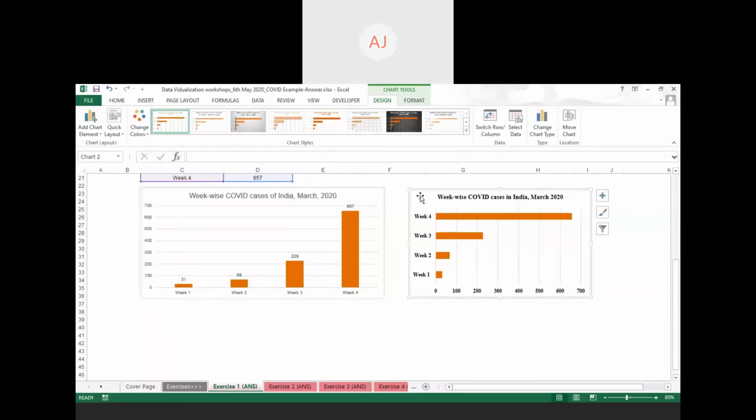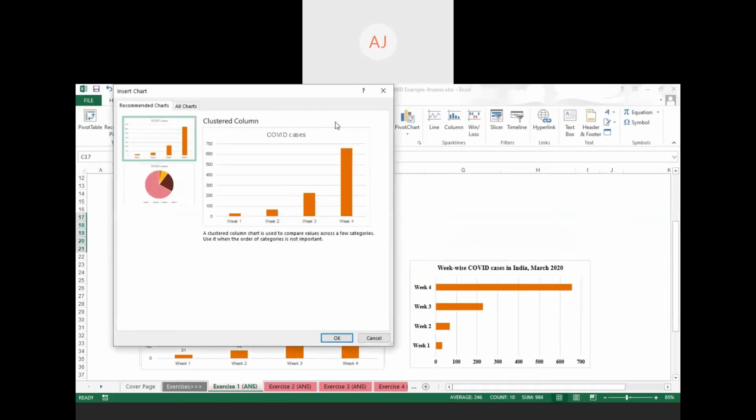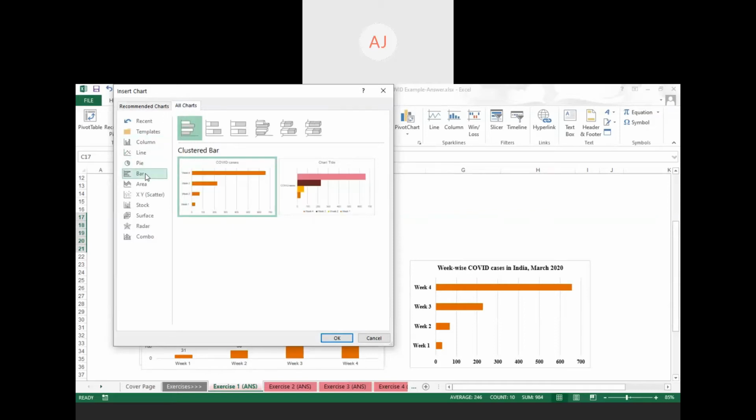Again, for making a bar type of presentation, you just select the data, go to the second option, that is Insert, and go to the Recommended Charts option. Otherwise, along with that there is a horizontal bar symbol. You can click there also, but I'll suggest going for Recommended Charts. In the Recommended Charts window, you'll get a second tab named All Charts. Click here, and you'll get a fourth option that is Bar chart.